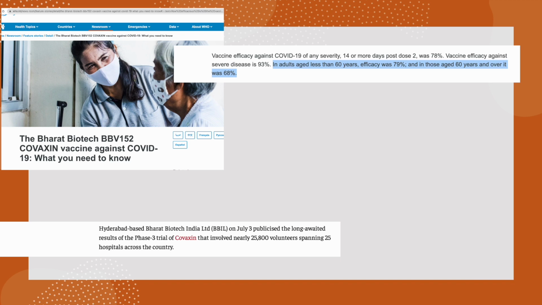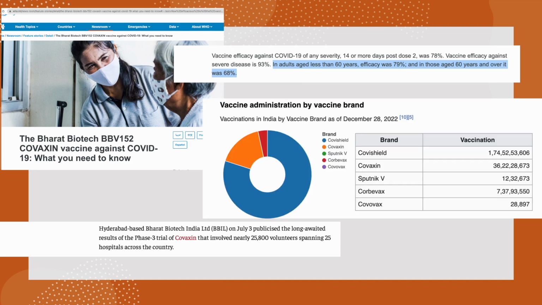Now, this 79% efficacy is a ground truth, the visible part of the data, right? So this will come under descriptive statistics, okay? Now, what will come under inferential statistics then? Then I dug deeper and I saw this number that Covaxin in India till December 2022 was administered on 36